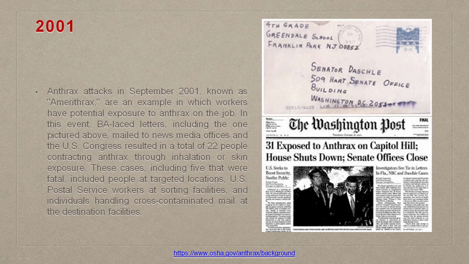To start off with, it all started through postal mails. So, if you look at the slide here, you see there is an example of a postal mail. It is posted to one of the senators of the United States. So, what the sender or the group of senders did is that they put anthrax spores inside the envelope. The very moment you open the envelope like this,